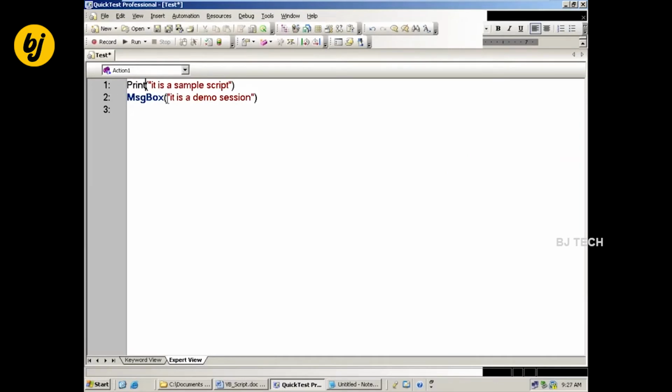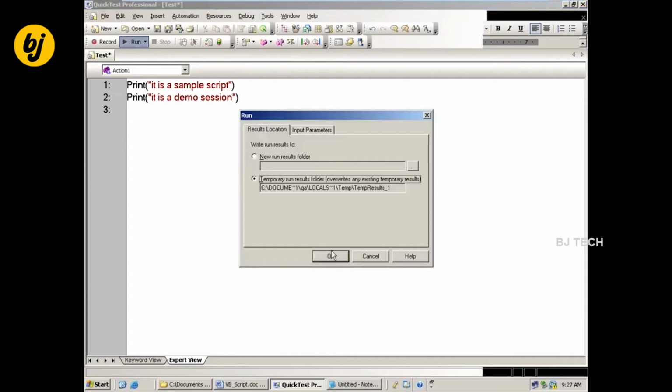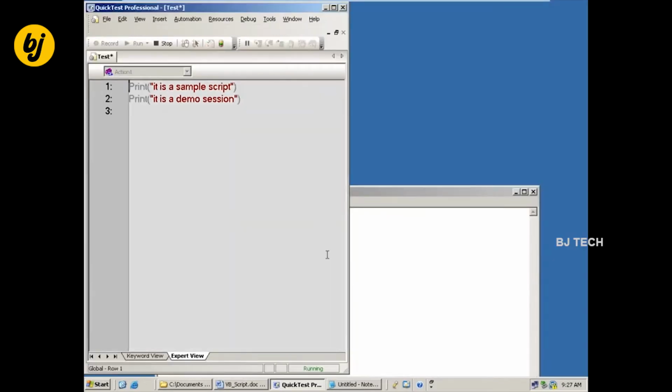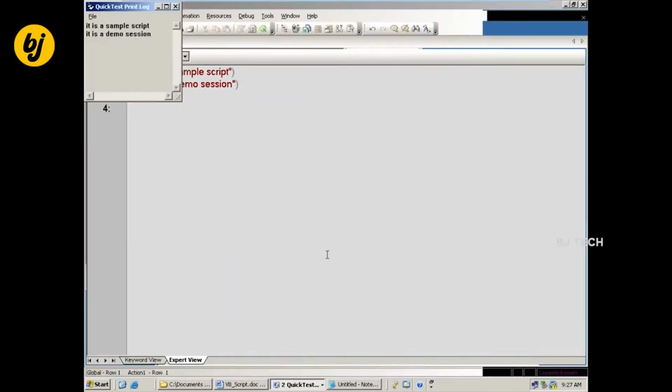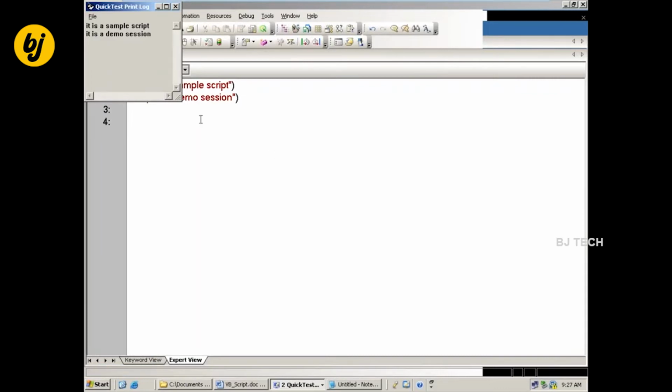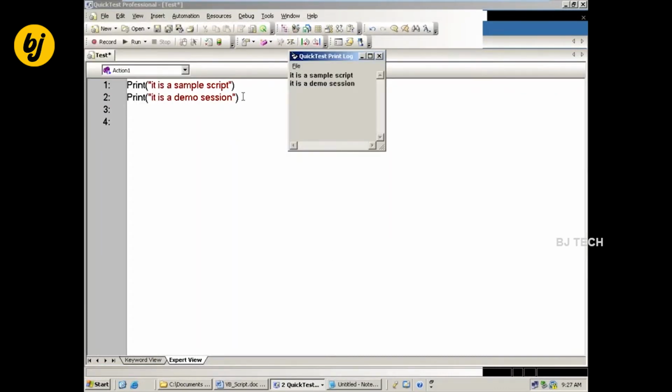Now, in place of MsgBox, if I use Print, you have to understand the difference. If I run it, it printed the user message and it won't wait like MsgBox. It continues the remaining script execution.